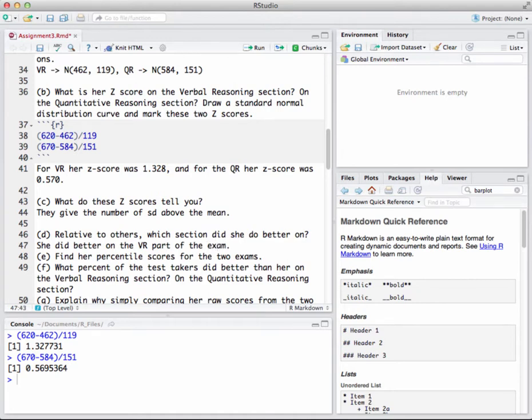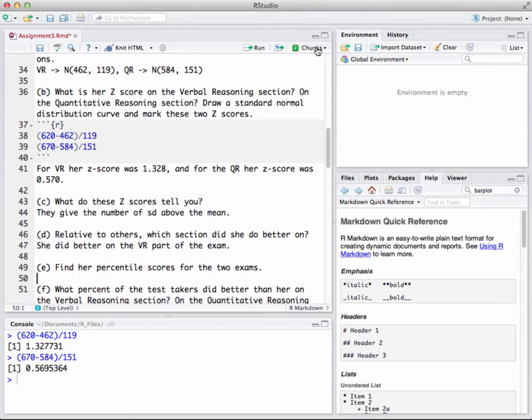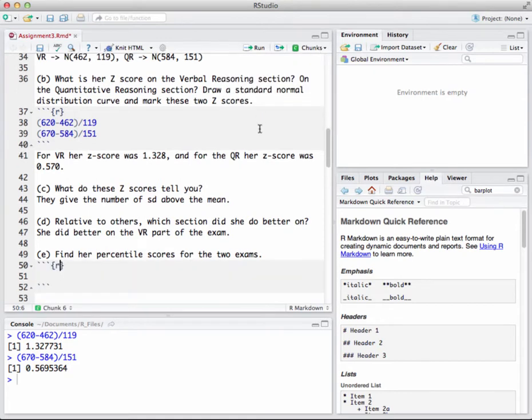Okay. All right, cool. So find her percentile scores for the 2 exams. Well, to do this, we're going to have to insert a chunk. So let's go and insert a chunk, and then we've got to remember how to do p-norm. Well, why? Let's think about this for a second. What do we have going on here? We know that we have a position on the z-axis, and we want to know what the relative percentile